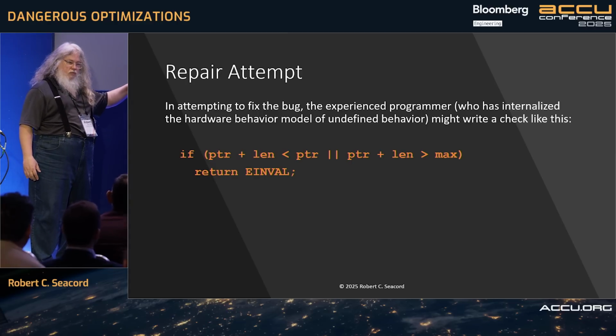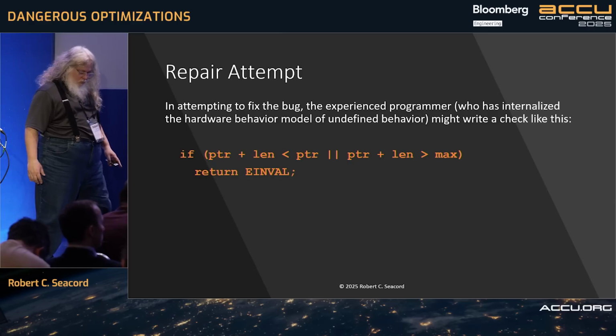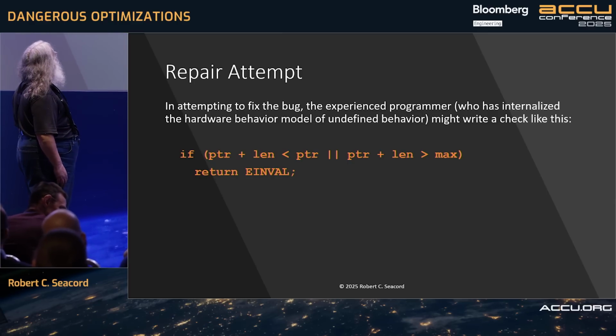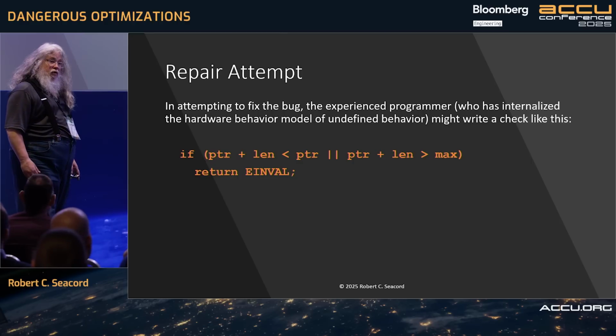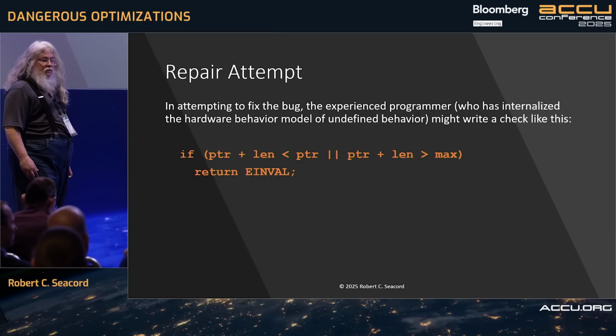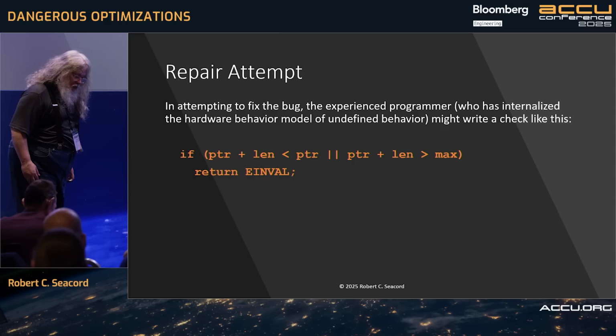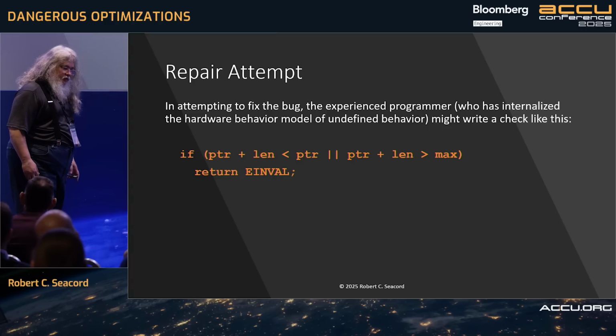And what was the rest of your point? You seem to think that if len is too big, it will wrap round. And I'm saying it doesn't matter whether it's too big or not to wrap round. If it's too big, it won't wrap around? Okay. And you're saying it will wrap around? I'm saying that you've already got undefined behavior before you even make the comparison. It'll see it's UB before you even compile it?